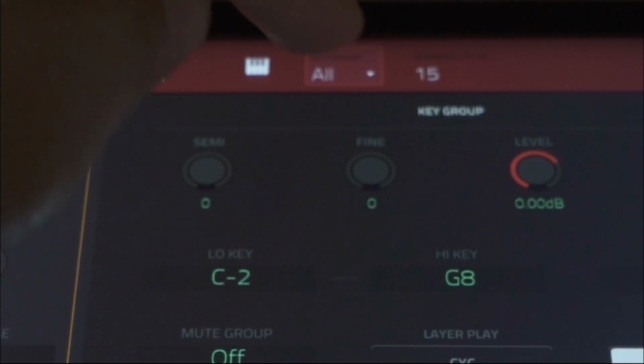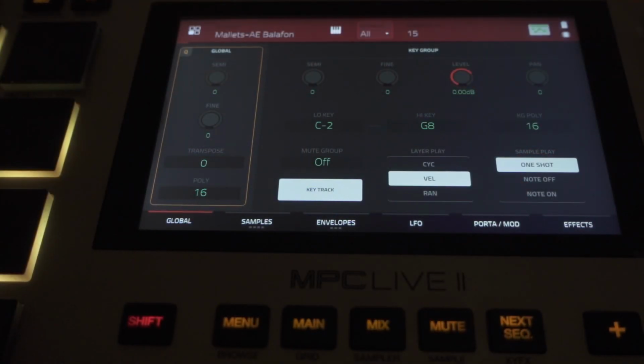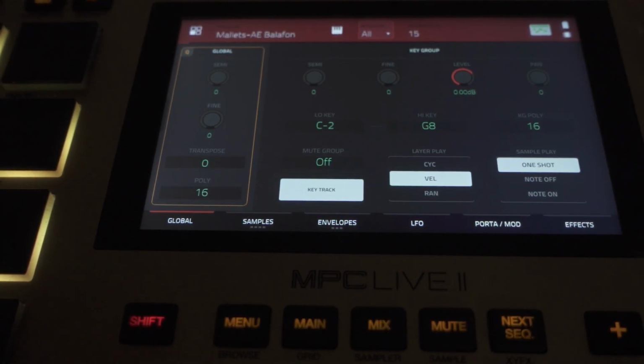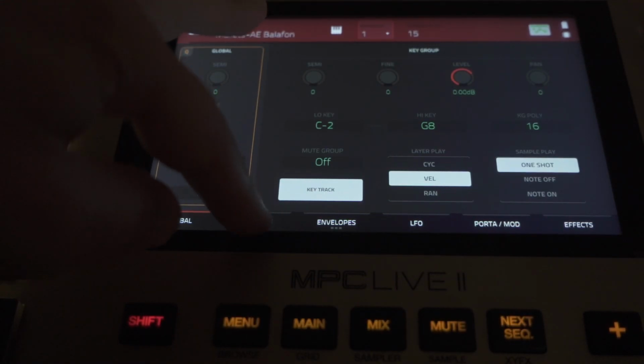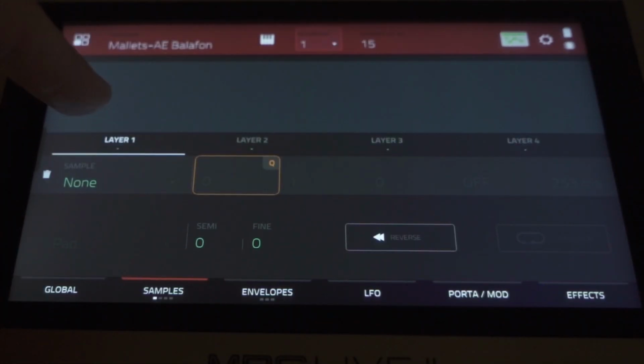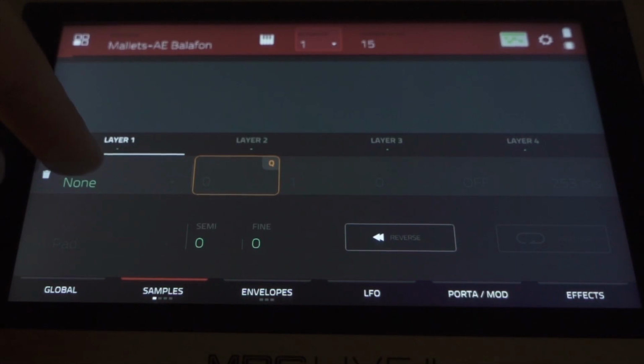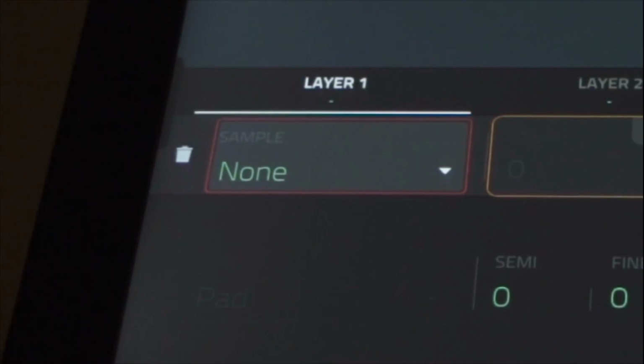Let's go to 1 again, because when I have set it to all, I'm changing the parameters of all key groups, and this is something I don't want, because now I go to the settings that are individually for every key group. So I start with key group 1 with the lowest note, which is the F2 note. I go to my samples right here, and here I will load up on layer 1, the first layer. I will start with the highest velocity, which is